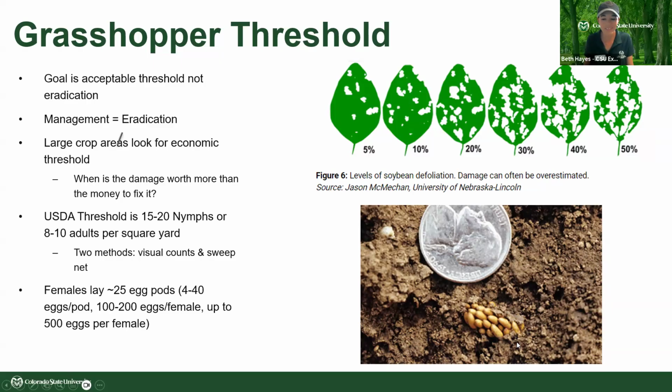I also want to point out, this is an example of an egg cluster. It's very small, it blends in with the dirt, and it's smaller than the dime we have here in the photo. So just be aware that finding these eggs is almost next to impossible with the naked eye. And it does matter going after the females, or at least disrupting their ability to lay fertile eggs that are going to make it in our state,